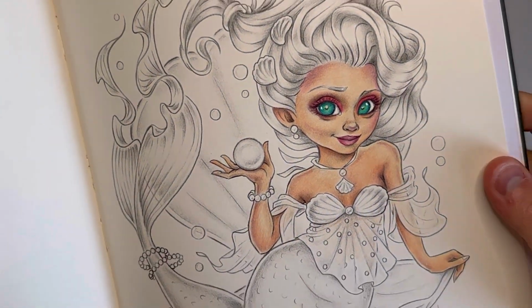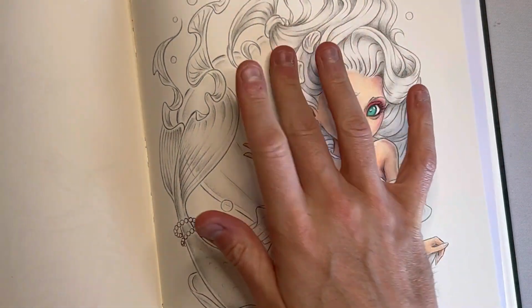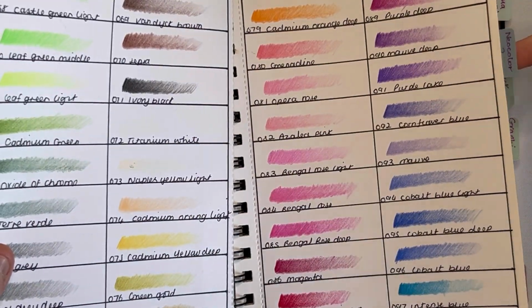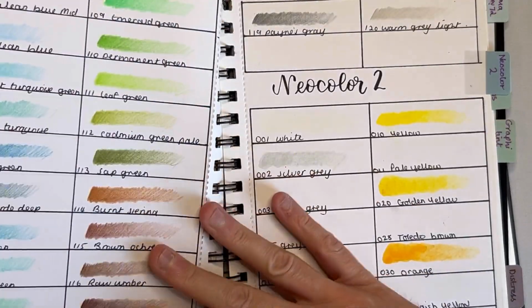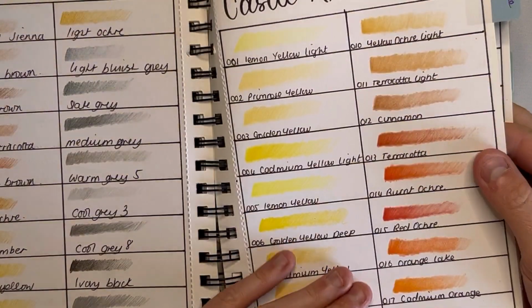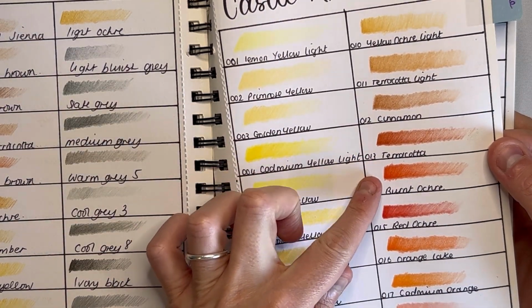I'm really liking this sketchy vibe that she's got going on. I like that you can see some of the tooth through the paper. We are working with the Castle Art pencils. And let's see. I think hair-wise, we are going to probably go with probably a red, but like a reddy orange, maybe. So we might go for this burnt ochre,